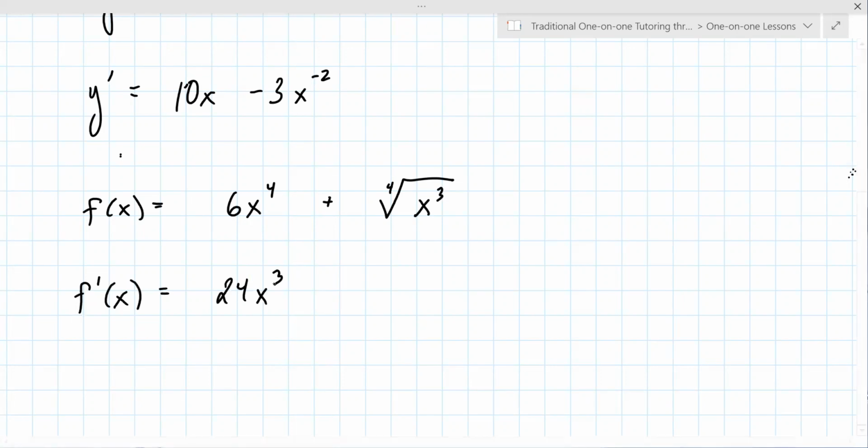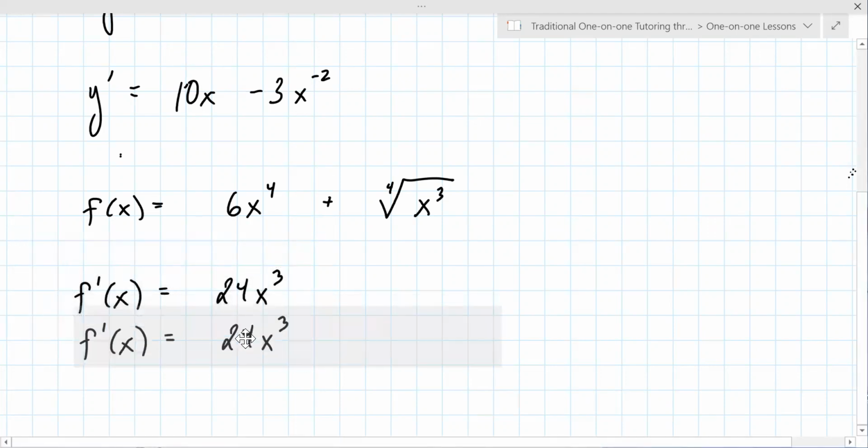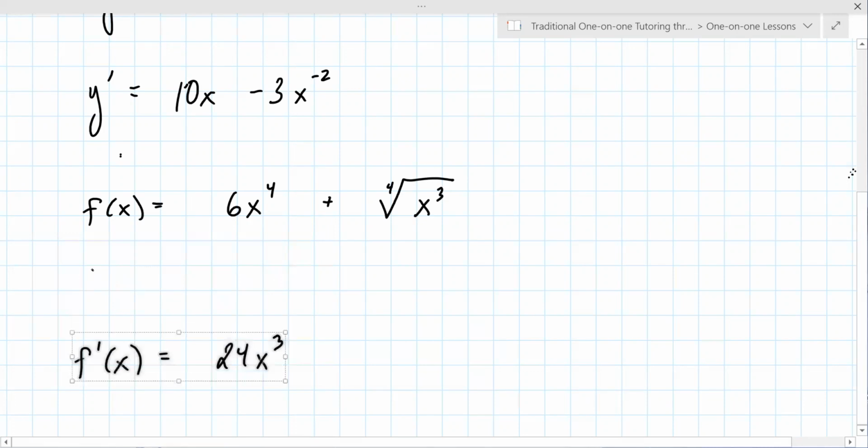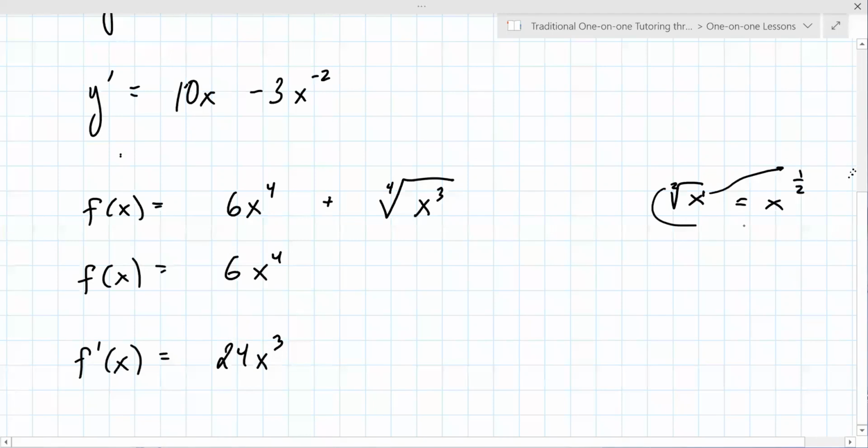I forgot. Okay, so again, there's a rewrite step here. And this is all prerequisite stuff. So if I said the square root of x, this equals x to the 1/2. So the number on the bottom goes up top, the number outside goes to the bottom. So this becomes x to the 3/4 power. Okay, so now